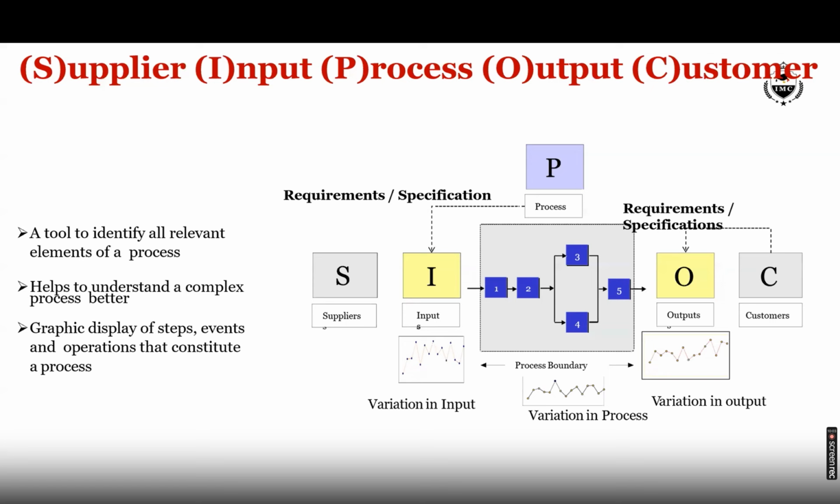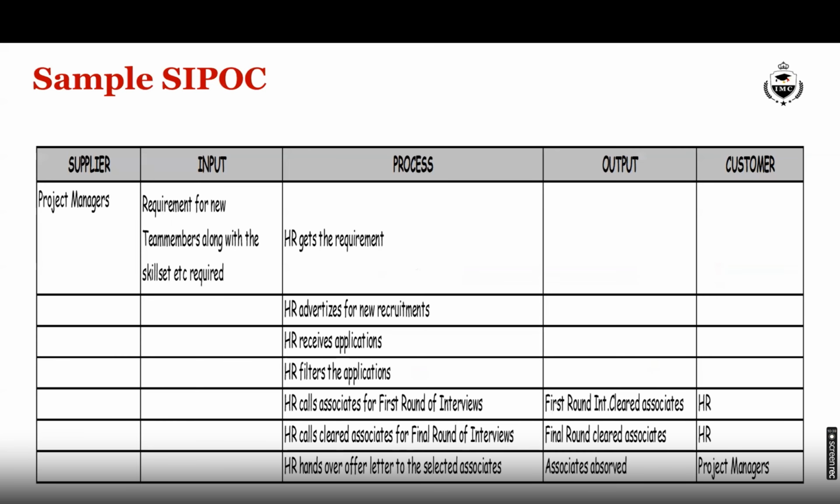The total as-is process, that is the current process, is distributed across five entities. Who is my supplier? What is the input that the suppliers provide? What is the process that we do after the inputs are received, from top to bottom in a hierarchical fashion? Only the high level processes. From the process, what is the output that we generate? And the output goes to which customer? So ideally, it starts with supplier, finishes off with customer. I will give you one example of the SIPOC analysis.